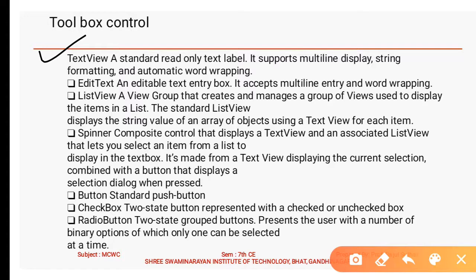You can enter multi-line text, and formatting and word wrapping facilities are also provided. Then EditText is an editable text entry box.